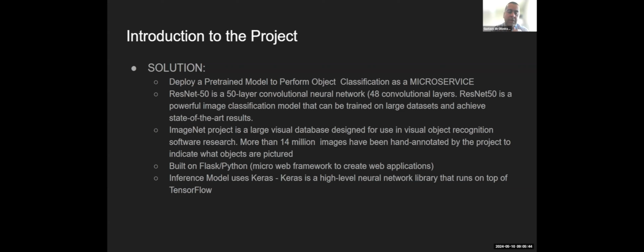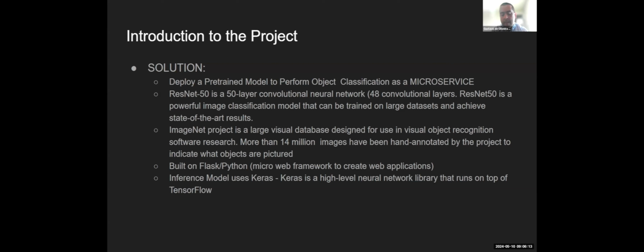Very powerful image classification. It's already a classic. There might be others that are more advanced, but it's still well performing in the field. It was trained specifically on a project called ImageNet, which is a large visual database that has a lot of categories of objects that are being trained on. So it is able to classify objects within those categories,